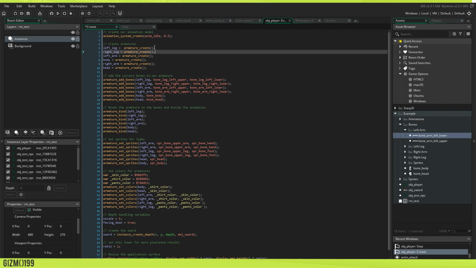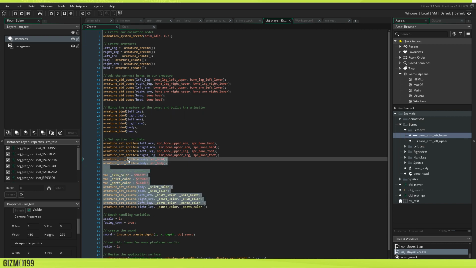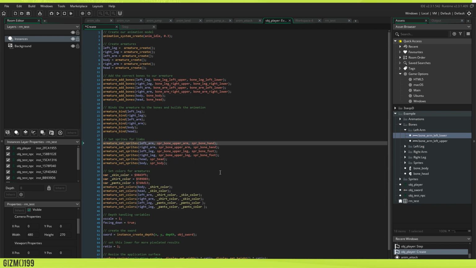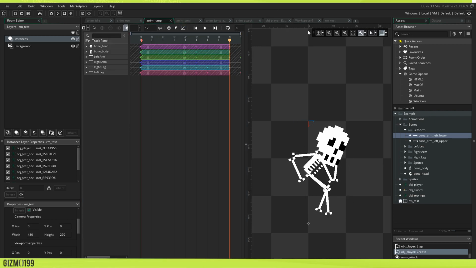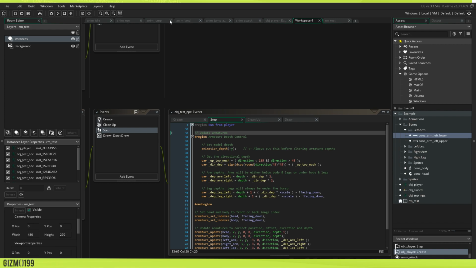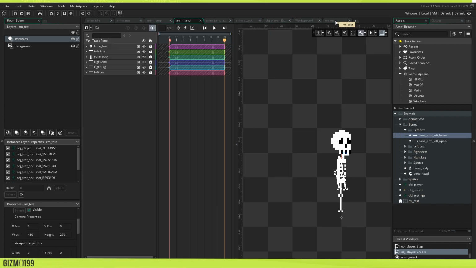But anyway, all you have to literally set up is you create your armatures, you add the bones to the armature, then you just bind the armature. You don't even really need all of this stuff, right? This is just because we're in the player character right here. I wanted him to have different sprites, obviously, but by default, whatever sprites you have in your animation, that's the sprite that it'll set everything to. Hence why I had the little skeleton guys. I just didn't set any new sprites for